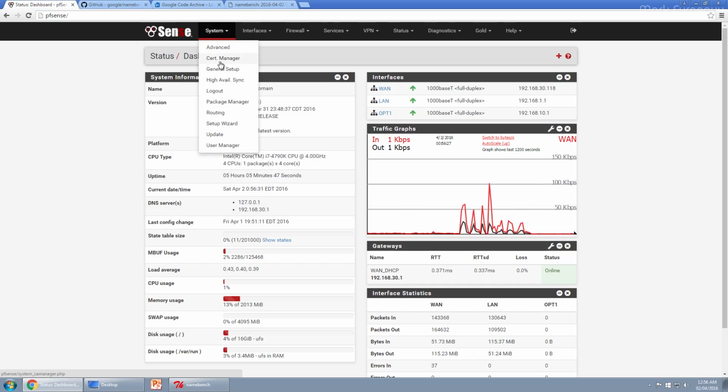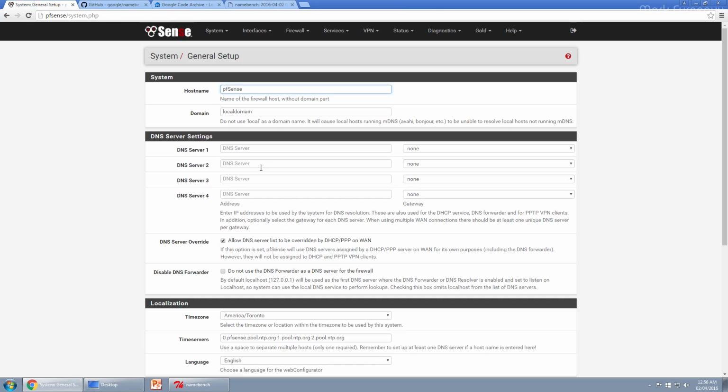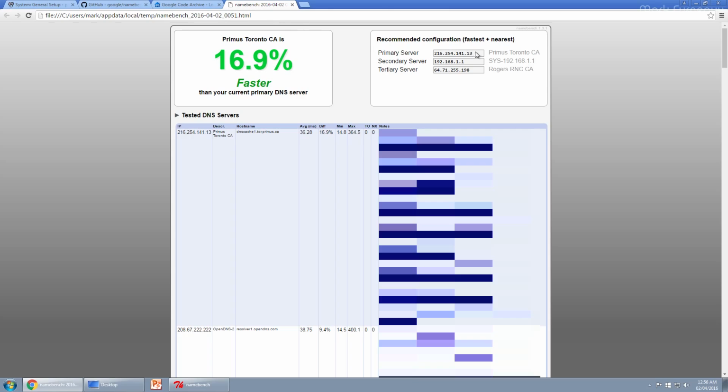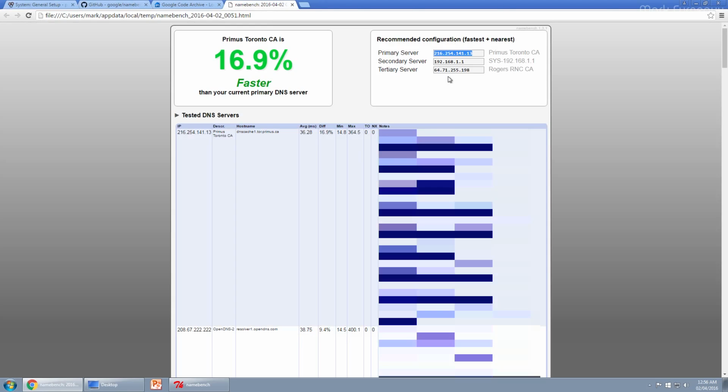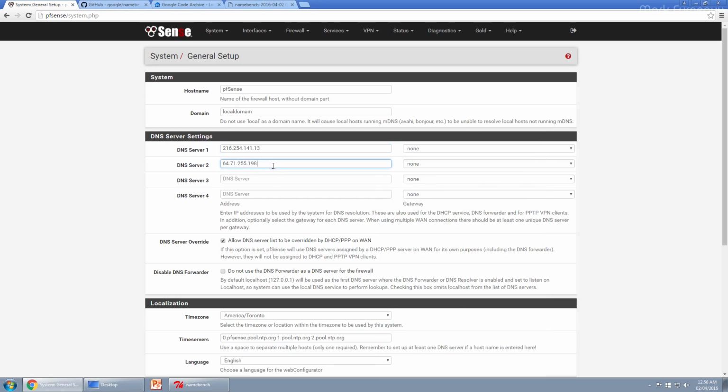and I'm going to move to System General Setup. And this is where you're going to find a list of DNS servers. So what I'm going to do is I'm going to take the addresses and we're going to put them here. So I'm going to leave the DNS server override enabled, and this is the